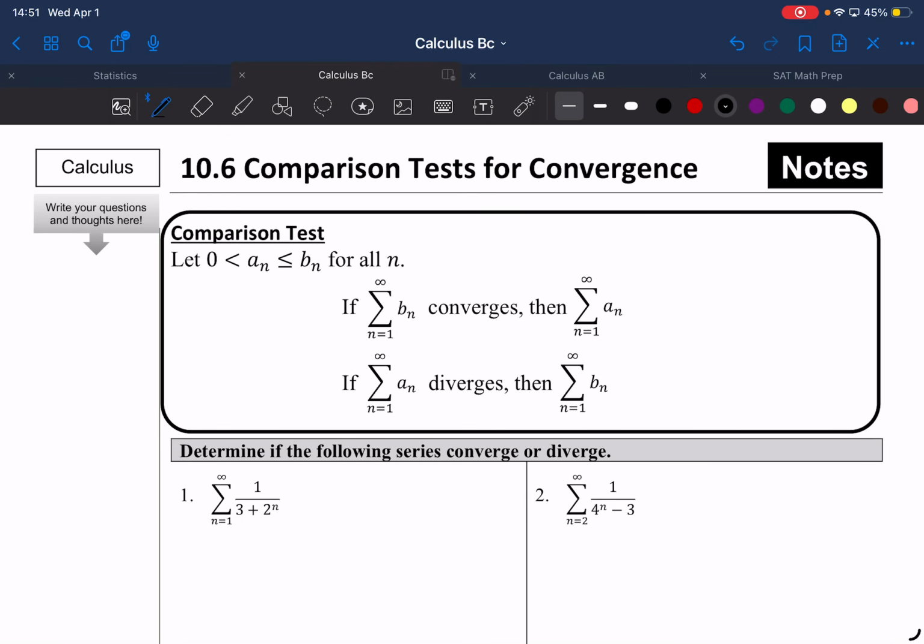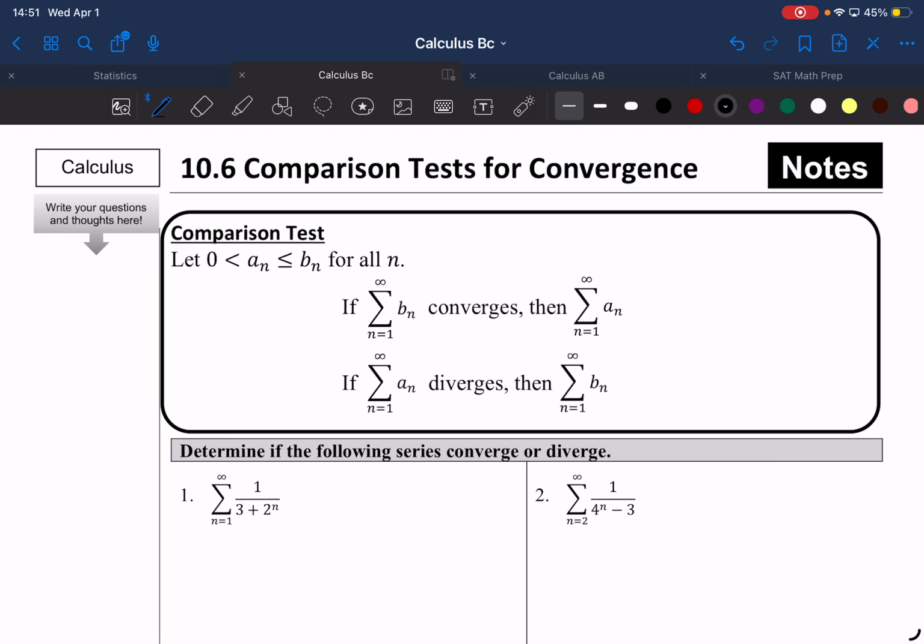Okay, so 10.6 is comparison tests for convergence. We're going to learn about two different comparison tests, the original and then the comparison test for limits. So the original comparison test says let 0 be less than a sub n be less than or equal to